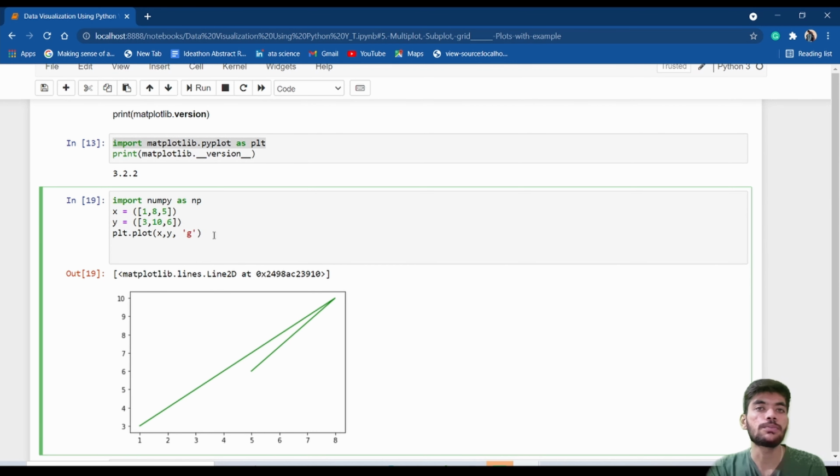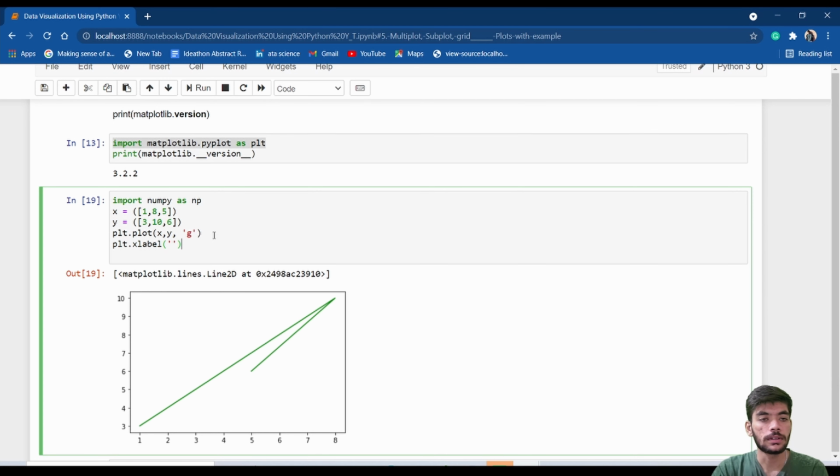So to make our dashboard more interactive, I will write here the x label, y label and title to the graph. The command is simple, we just have to write plt dot xlabel. In xlabel, whatever you want to write must be in double quotes, as we are going to write a string.